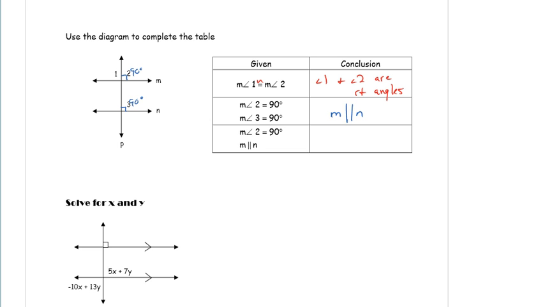Last one. Let's erase this. If angle 2 is 90, so let's mark it as 90, and M is parallel to N, and the way we mark that is with those little arrows, then we know that angle 3 is also 90 degrees, or a right angle. Again, think about it. If we call this Grand Avenue, and Grand Avenue intersects line M at a 90-degree angle,